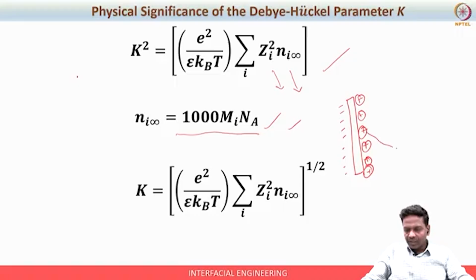Then you will have the diffuse layer. Okay. But the variation after some point will not be pronounced. There will be no variation after some point. What does it indicate? Within this zone there will be variation of the potential. After this zone,